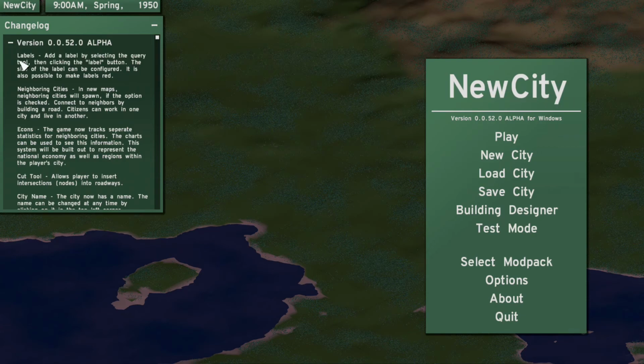So labels: add a label by selecting the query tool, then clicking the label button. The size of the label can be configured. It is also possible to make red labels. Cool. Neighbouring cities, which is something that